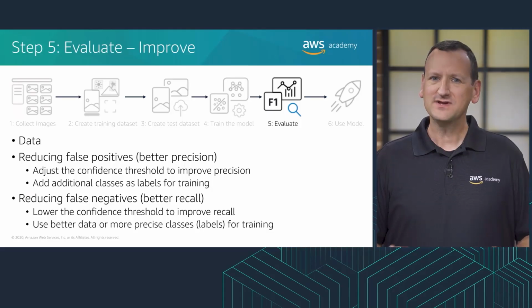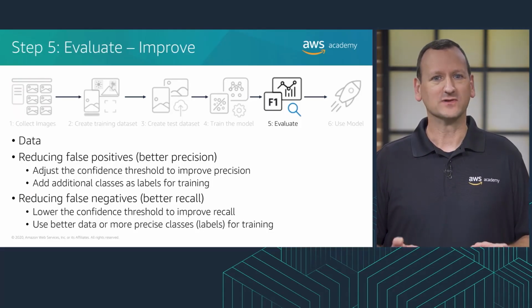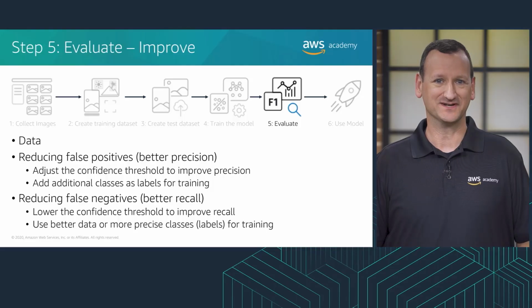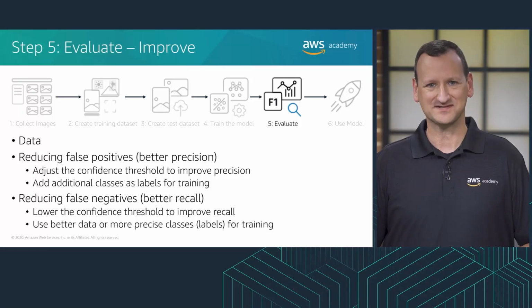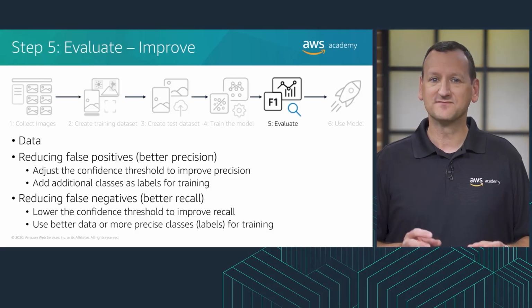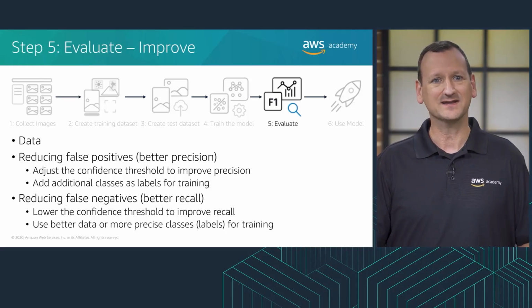Hi, welcome back. We'll continue exploring video analysis by reviewing how to evaluate and improve your model. In general, you can improve the quality of your model with larger quantities of better quality data. Use training images that clearly show the object or scene, and don't include many things that you're not interested in. For bounding boxes around objects, use training images that show the object as fully visible and not hidden by other